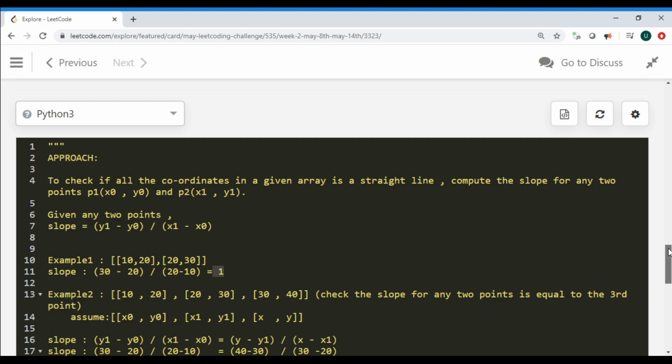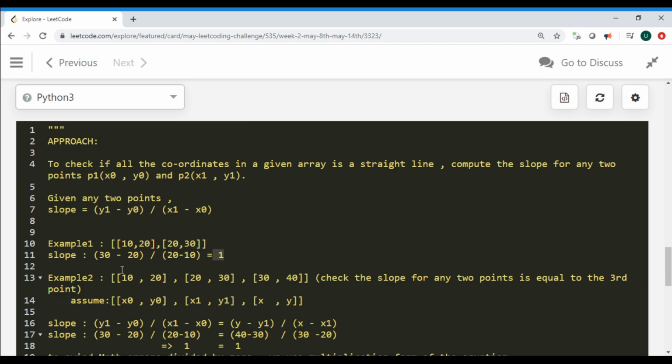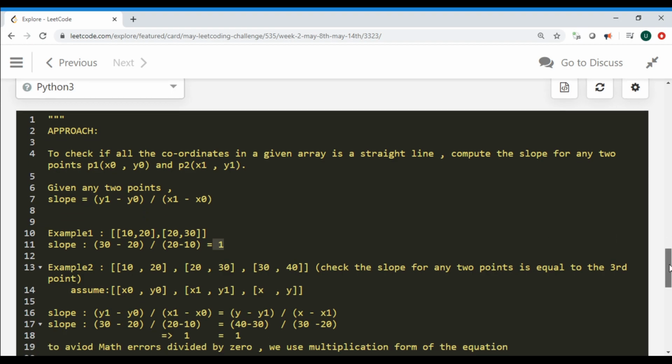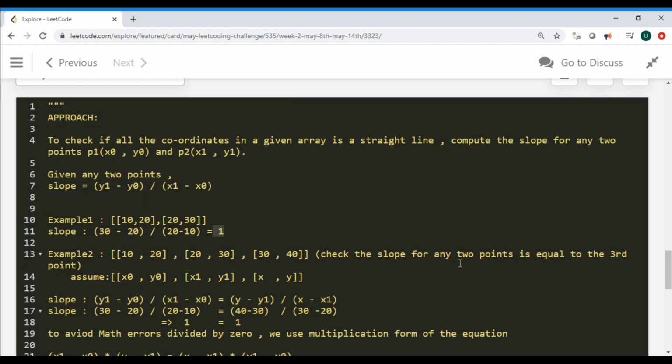Now we need to take the same inspiration from example 1 and apply it to different points to know whether all the coordinate points given in the input form a straight line. In example 2, we are going to check whether the slope for any 2 points is equal to that with the third point. Let's say, combining with example 1, we have a third point, which is 30 and 40.